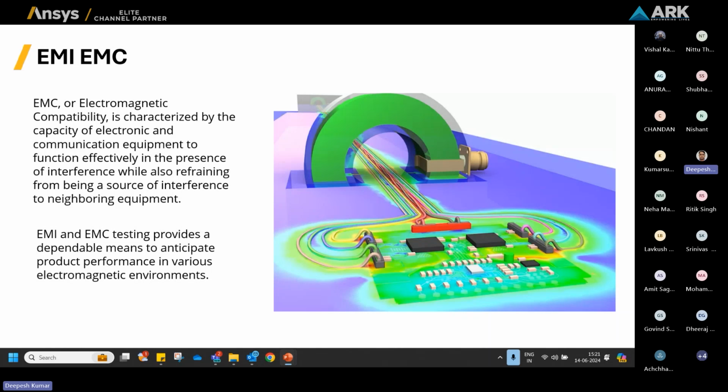There are compliances made for those. Our aim is to reduce the emission, EMI, electromagnetic interference, from the source side, and at the same time, the compatibility should be more. If the device is compatible enough, we can say this is passing the EMC test with these compliances. That kind of importance is very much important because nowadays, as I told in the beginning of the presentation,